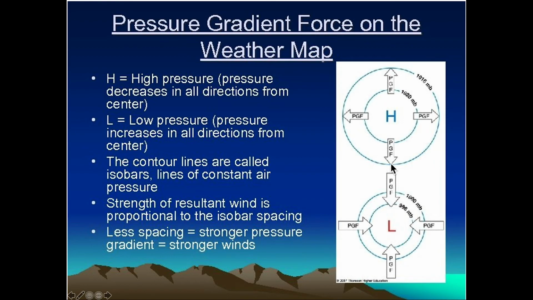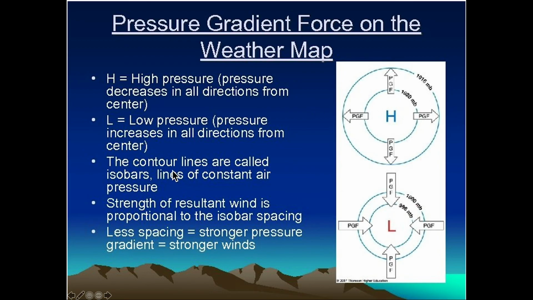An L, on the other hand, depicted down here, is a low pressure cell, and it's the geographic center of that low pressure cell. In this case, the low pressure cell is going to result in air coming from all directions, streaming towards this L, because there's a relative lack of air here. Again, relative. It's not really a lack of air. It's a relative reduction in the amount or density of the air here. So it's being replaced. Here, the air is high pressure. It's going to move away from that high pressure, equalize eventually.